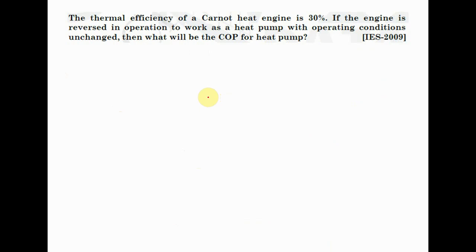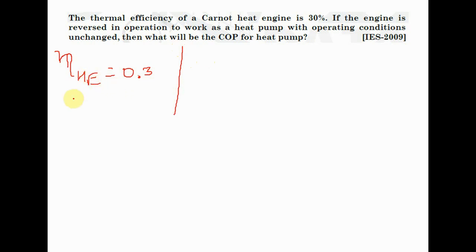The thermal efficiency of a Carnot heat engine is 30%. If the engine is reversed in operation to work as a heat pump with operating conditions unchanged, then what will be the COP for heat pump? Okay. So what has it given? It has given that the efficiency of a Carnot heat engine is equal to 0.3. Then if the engine is reversed in operation to work as a heat pump, then what is the COP